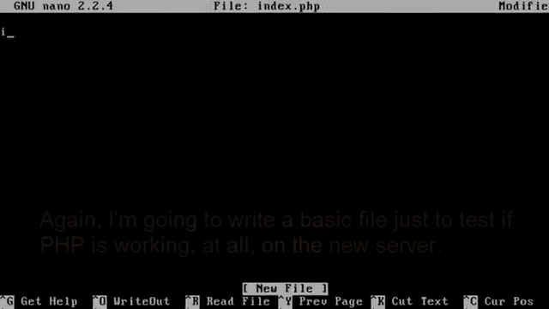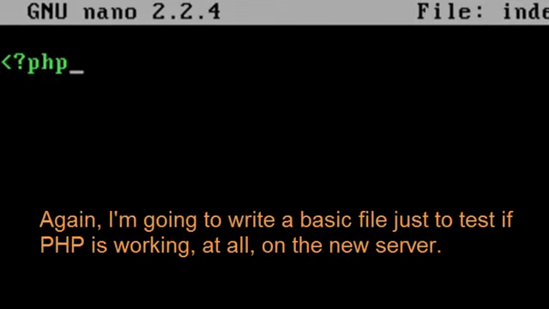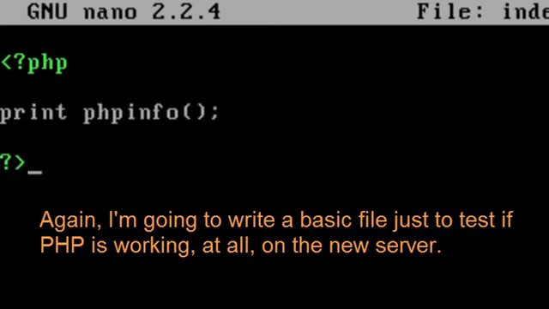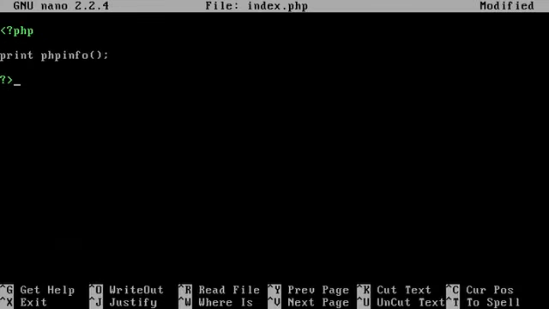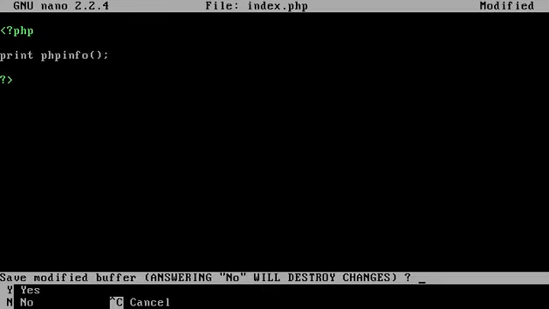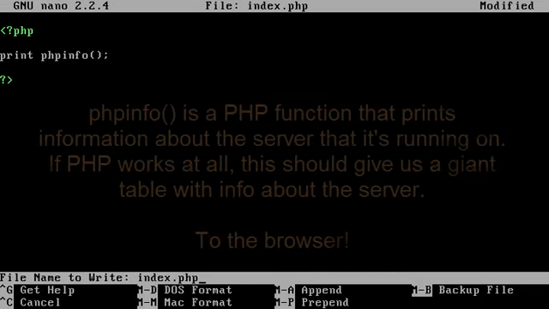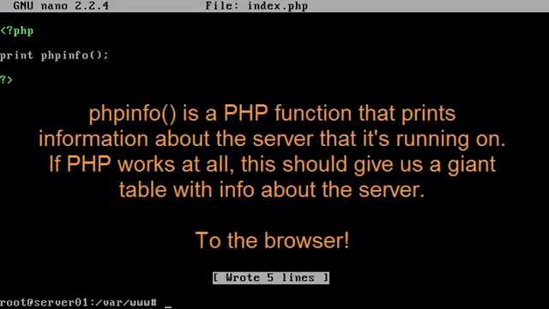So I'm going to create a simple, basic, default kind of PHP file. If you don't know PHP, that's fine. You can steal this directly and it will work on any PHP server. All it's doing is dumping a function that shows all of the relevant information about PHP and a lot of information about Apache and the server in general. This is good enough to test a basic installation, so we have to hop back to the web browser to